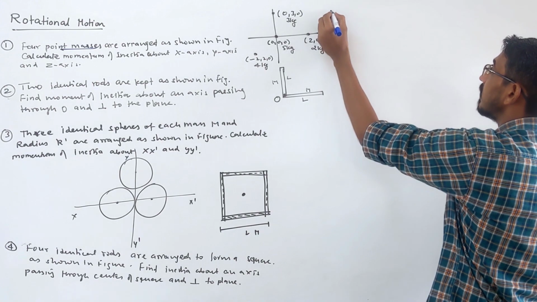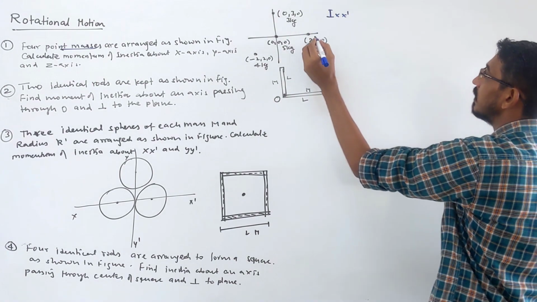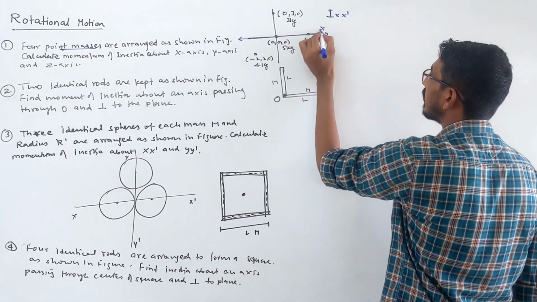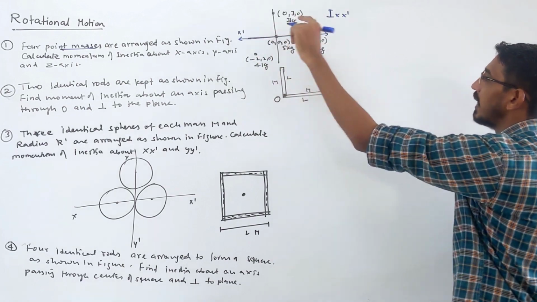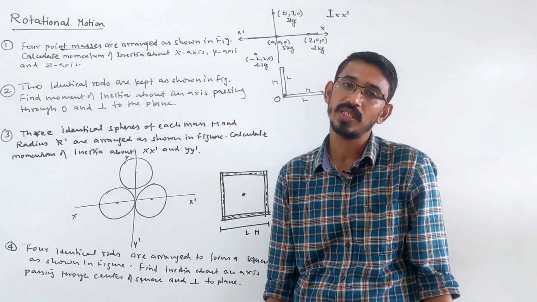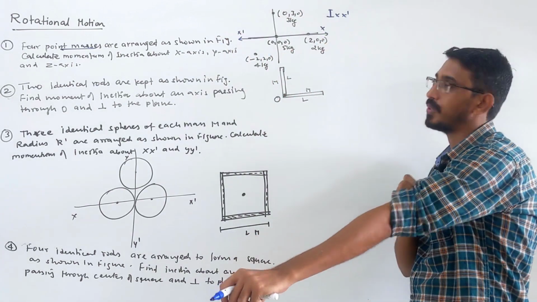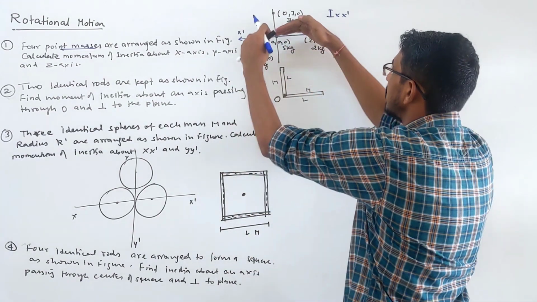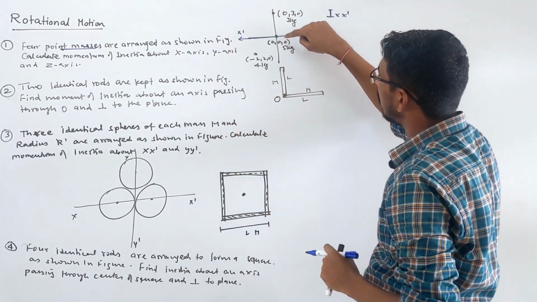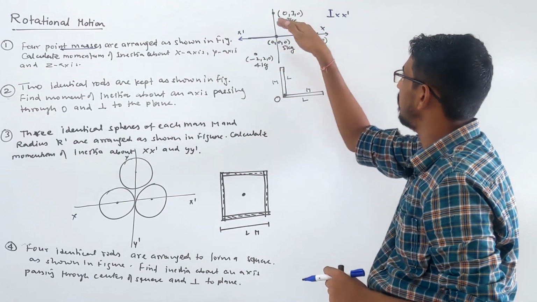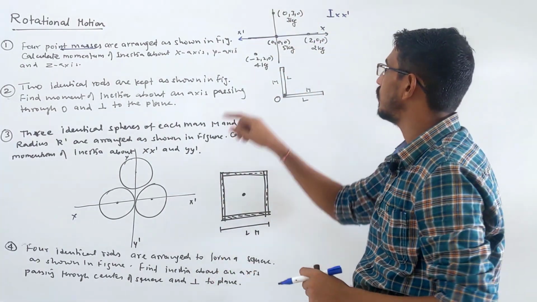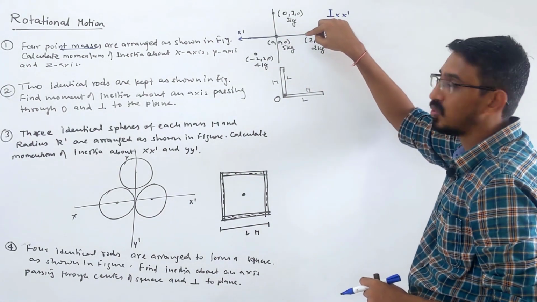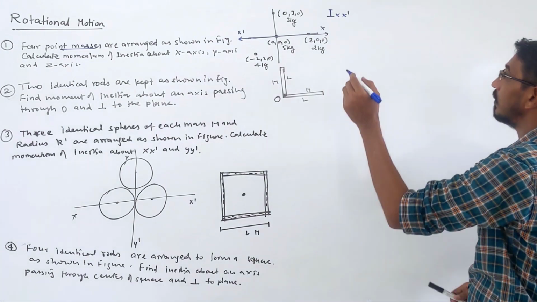Let's find the inertia about the x-axis first, Ix. This is the x-axis, right? About this line we are rotating these 4 masses. What is the inertia? This 5 kg is placed on the axis itself, so the distance becomes 0. This is the axis we are rotating. This mass 5 kg is placed at the origin, at the same axis itself, so r is 0, so no inertia due to this mass. And in the same way this 2 kg body is also placed on the x-axis, so no inertia due to this mass also. These two are directly gone.